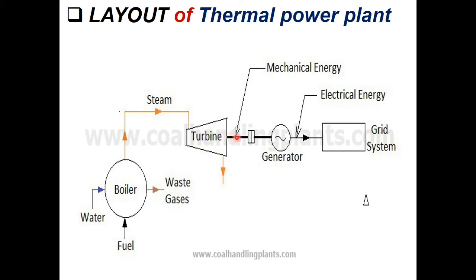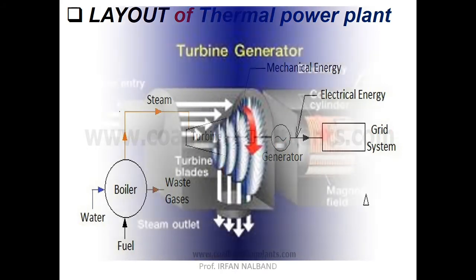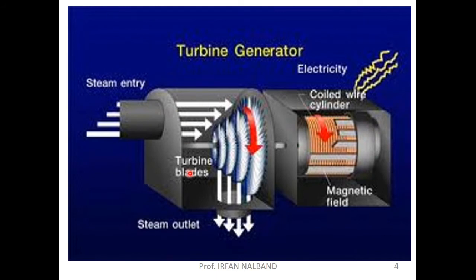When the turbine rotates, the shaft is also rotated in an area of magnetic field, which cuts the flux and produces electricity. That electricity is supplied to the community by transmission line. So this is the setup which shows a thermal power plant. This is the steam inlet. That steam helps to run the turbine, which generates electricity. That electricity is supplied to the community.